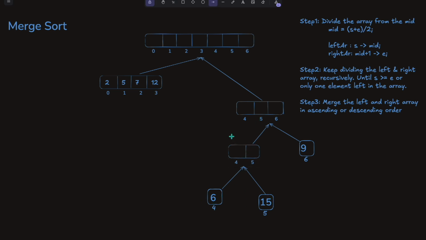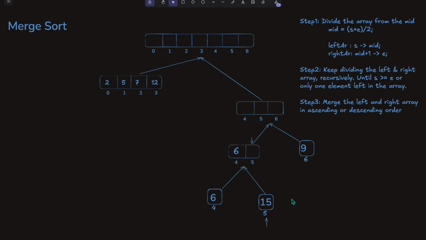Again we need 3 pointers. First it will go here, second here, third here. So we will directly check index 4 with index 5 value. Whichever is less will come in the first position. Here it will come as 6. Okay, so as soon as we place the 6 in the correct position, we will increase the index value from where we have taken, and since there is no element left, we will remove this, and this will increment to